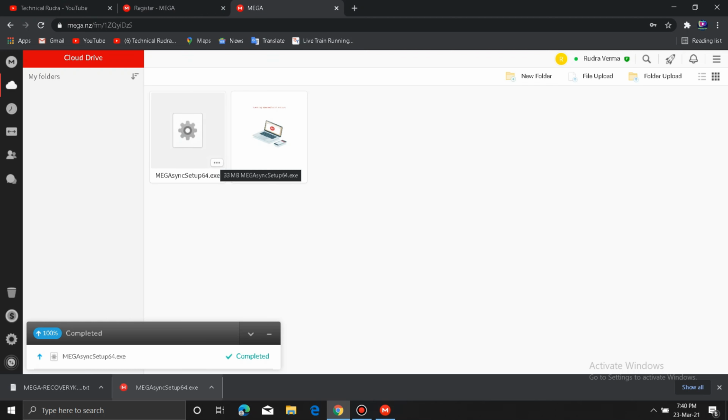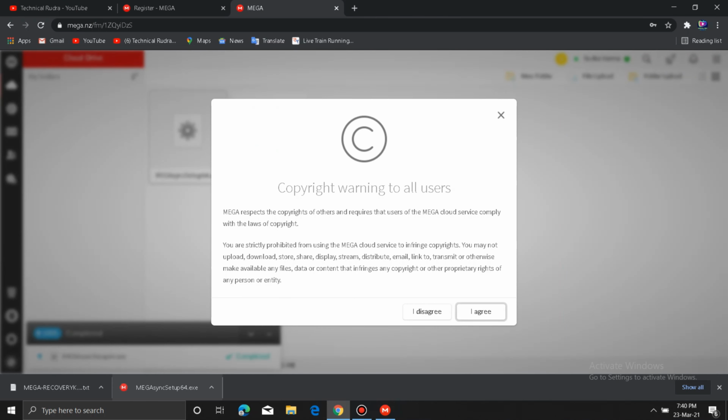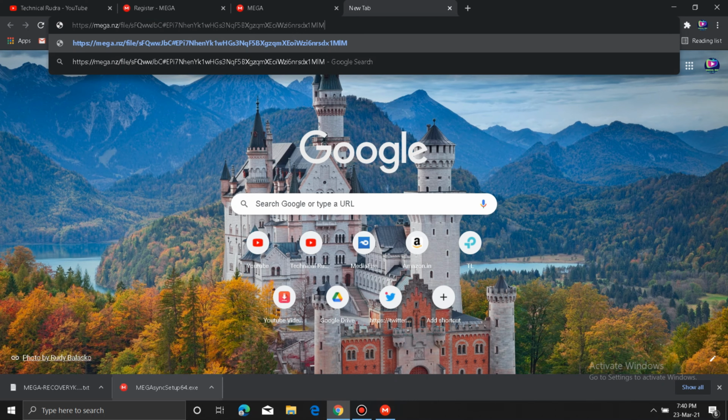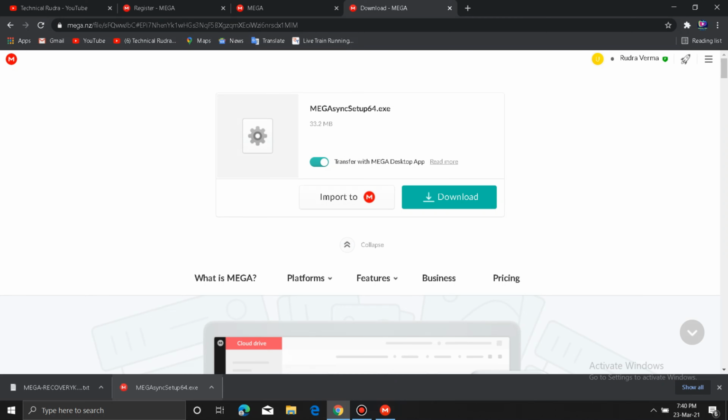Now I will click on these 3 dots, and then click on get link. I agree, and here it is. I don't need to set an expiry, so it's a lifetime link. I will click on copy. One link was copied to your clipboard. Click on done, and I will open a new tab to show you. This was the link which I copied, and as you can see, I've got that link.